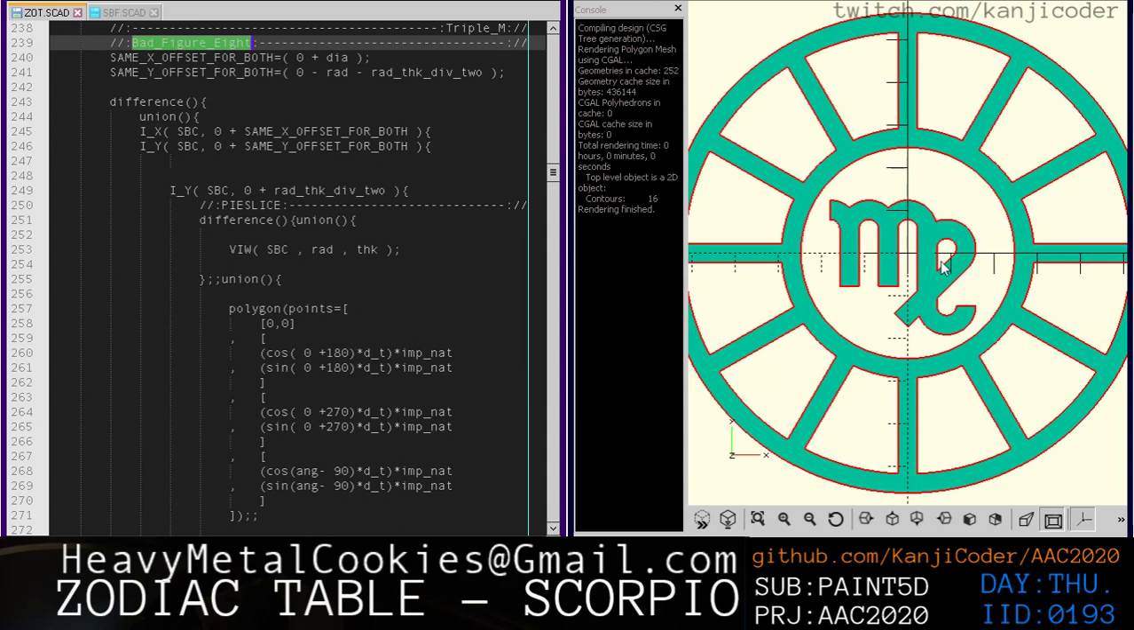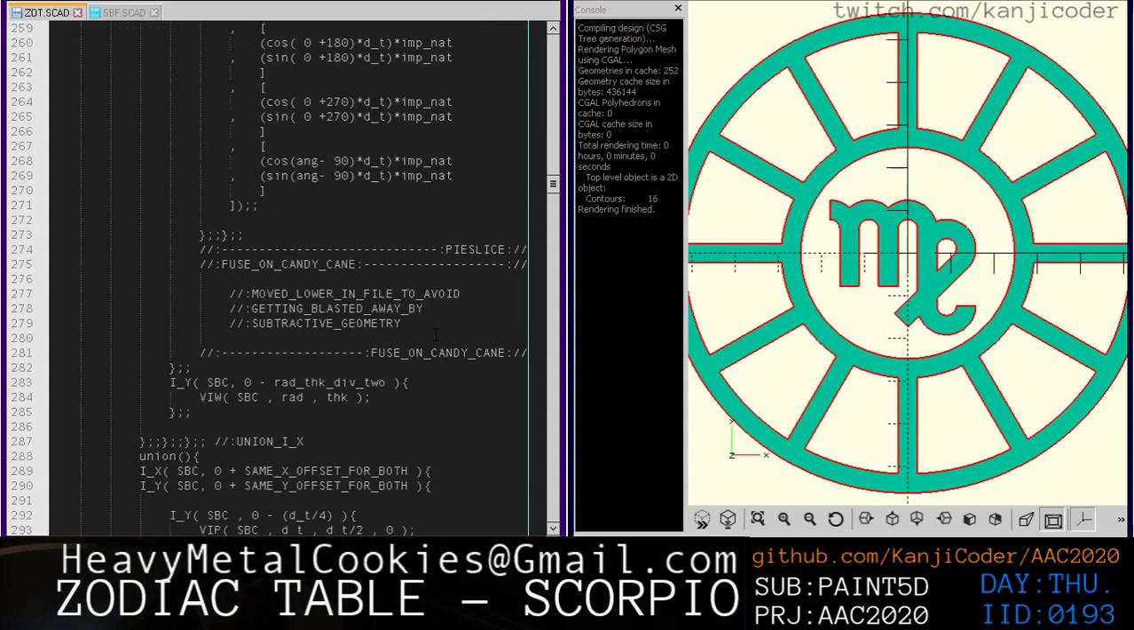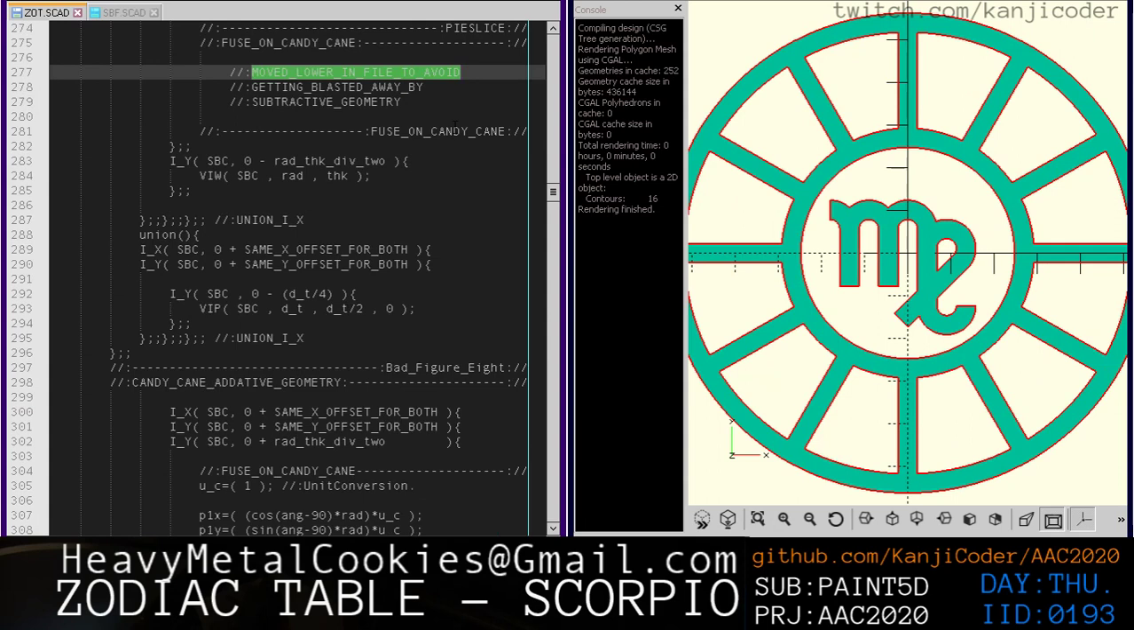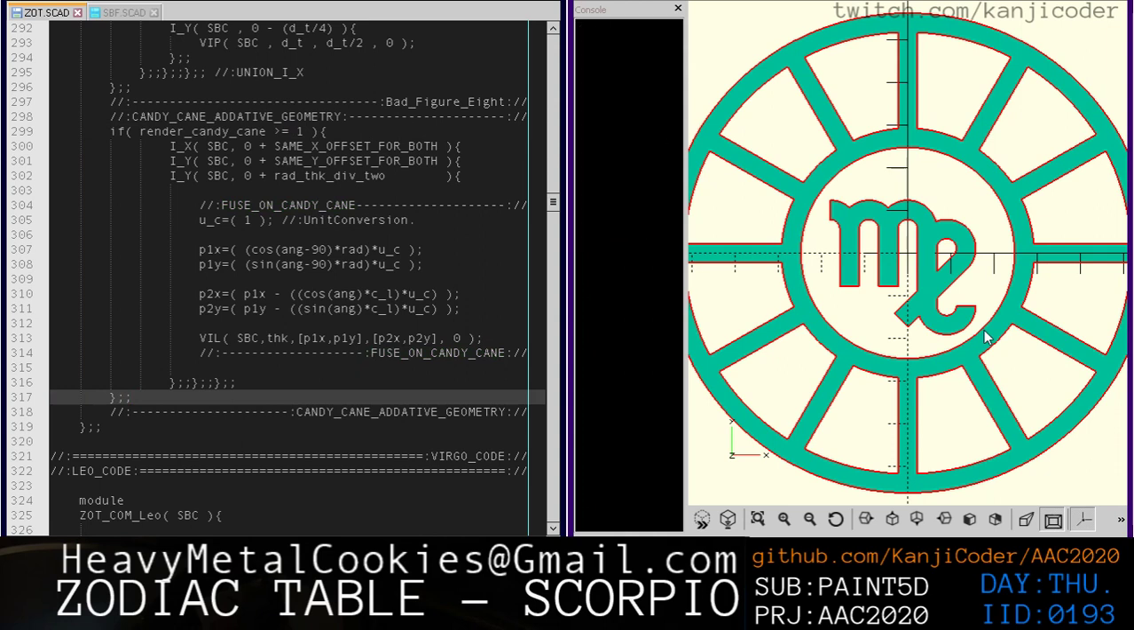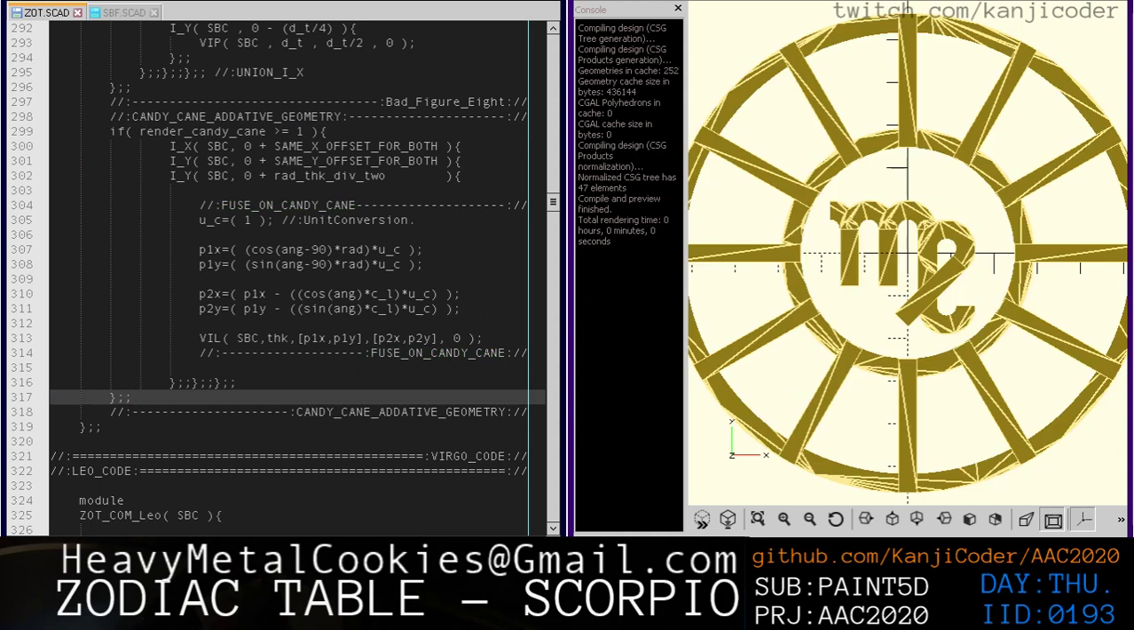So it's somewhere in this bad figure 8 thingy that we have this candy cane. So fuse on the candy cane. It's been moved. And if we look down here, okay, here is the candy cane stuff. And so all we're going to do is go, if greater than or equal to 1, right? Just put a guard around this candy cane section. And if we do that and go F4 for a second, nothing happened because